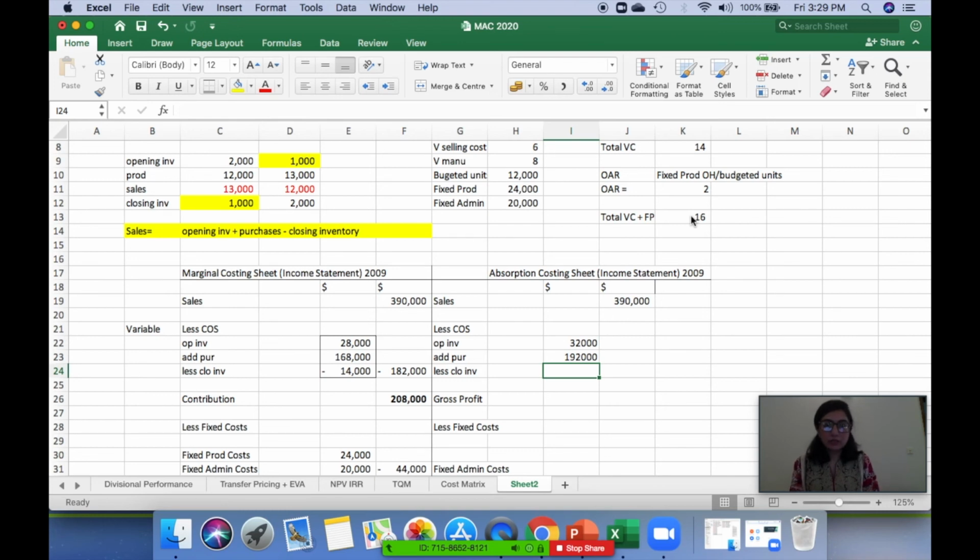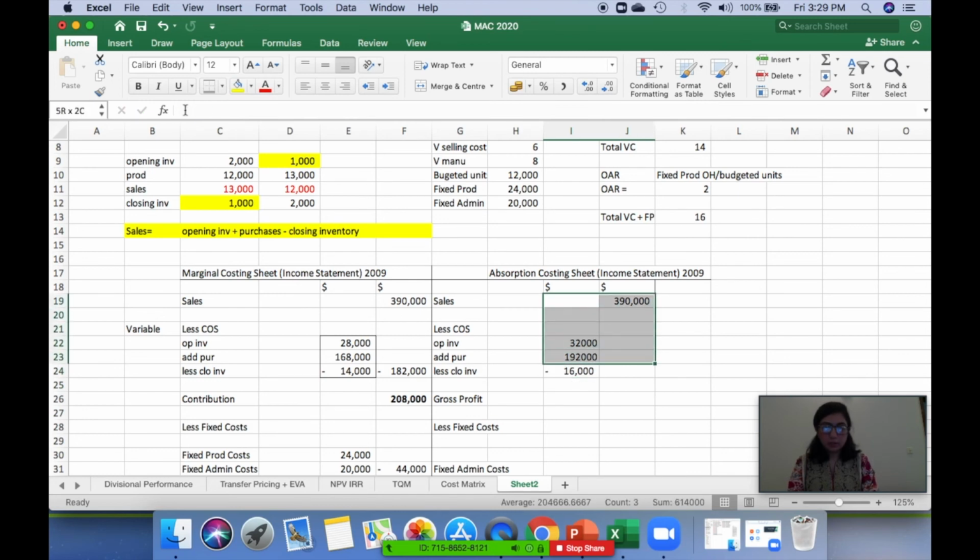But closing inventory reduces your overall cost of sales because it is always deducted from it, and I'm not going to go into the concept there because you've already learned from principles of accounting why this happens. So closing inventory is the key in marginal costing and absorption costing, which creates the difference of the cost of sales overall, right? So closing inventory was 1000 into 16. You'll see why closing inventory is important when we go to the net profit area.